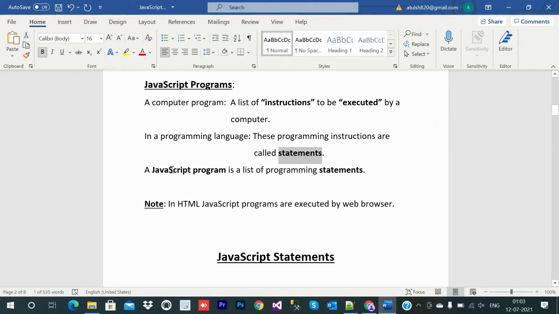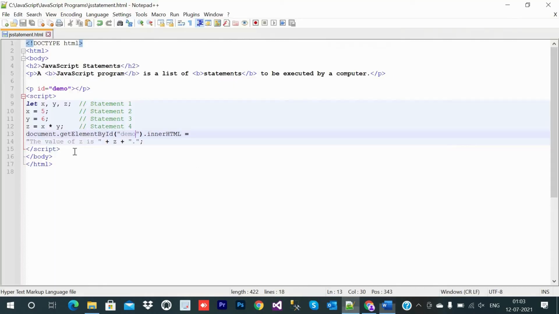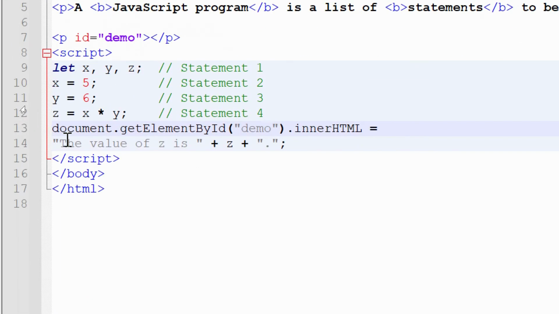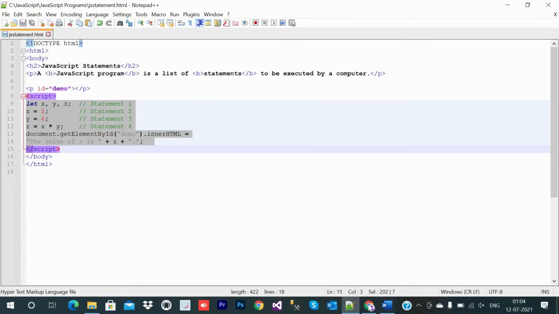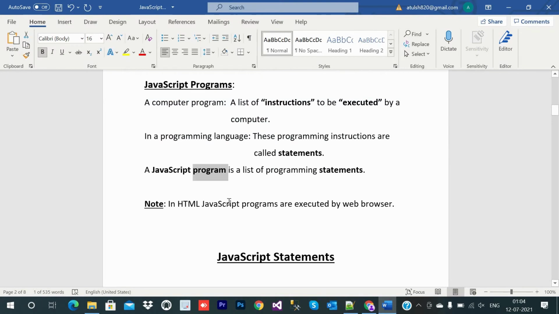So you can say a JavaScript program is a list of programming statements. A JavaScript program is a list of many statements. So I hope it is clear to you what we are talking about.